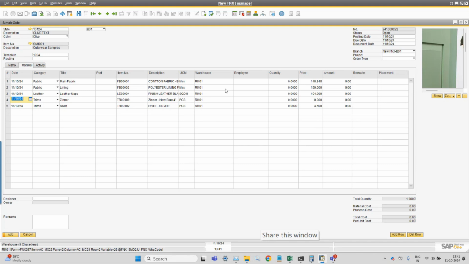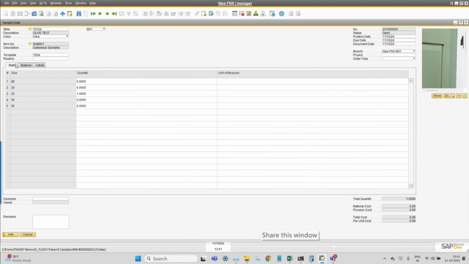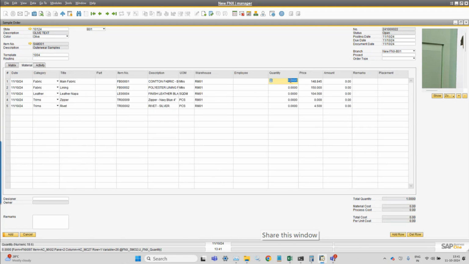So I have entered today's date and how much quantity you require to produce this particular sample of the olive color and this particular size. You can mention it. This is the bill of material for the sample actually, so that we can say 1.2 meter I require, I can take 1.5 something, 1.2, like 0.5